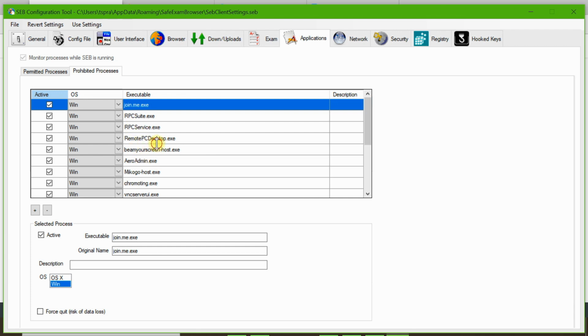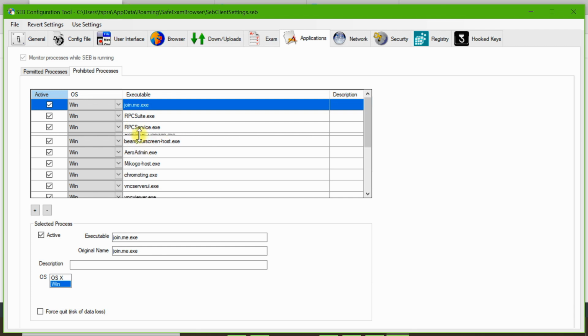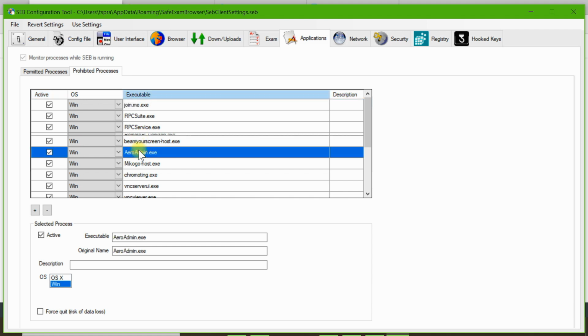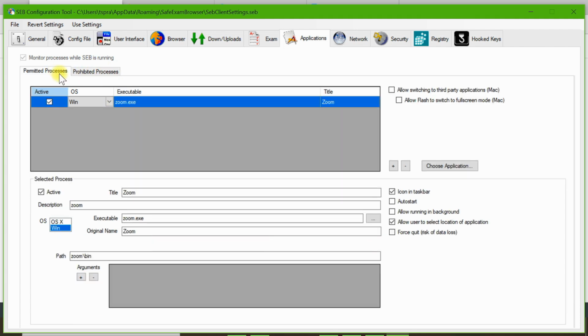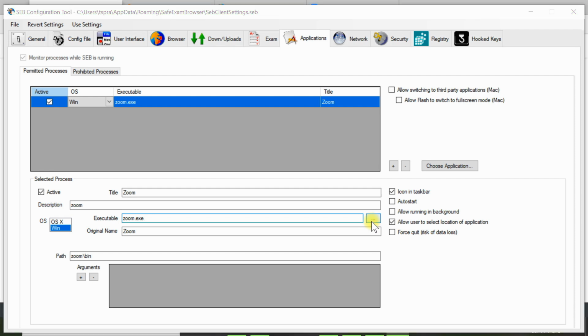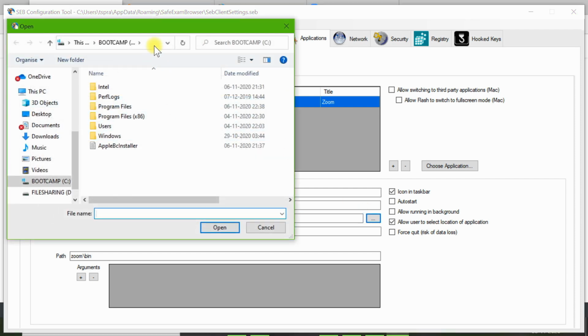So select it. Let's say if you want to select this, or if you want to select the admin one, select it and click minus. Similarly, I have deleted Zoom and MS Teams from this list because they are not prohibited but permitted. If you want them to be permitted, then select Zoom here, then the executable file of Zoom, zoom.exe, go and select the zoom.exe file. It was somewhere in C colon